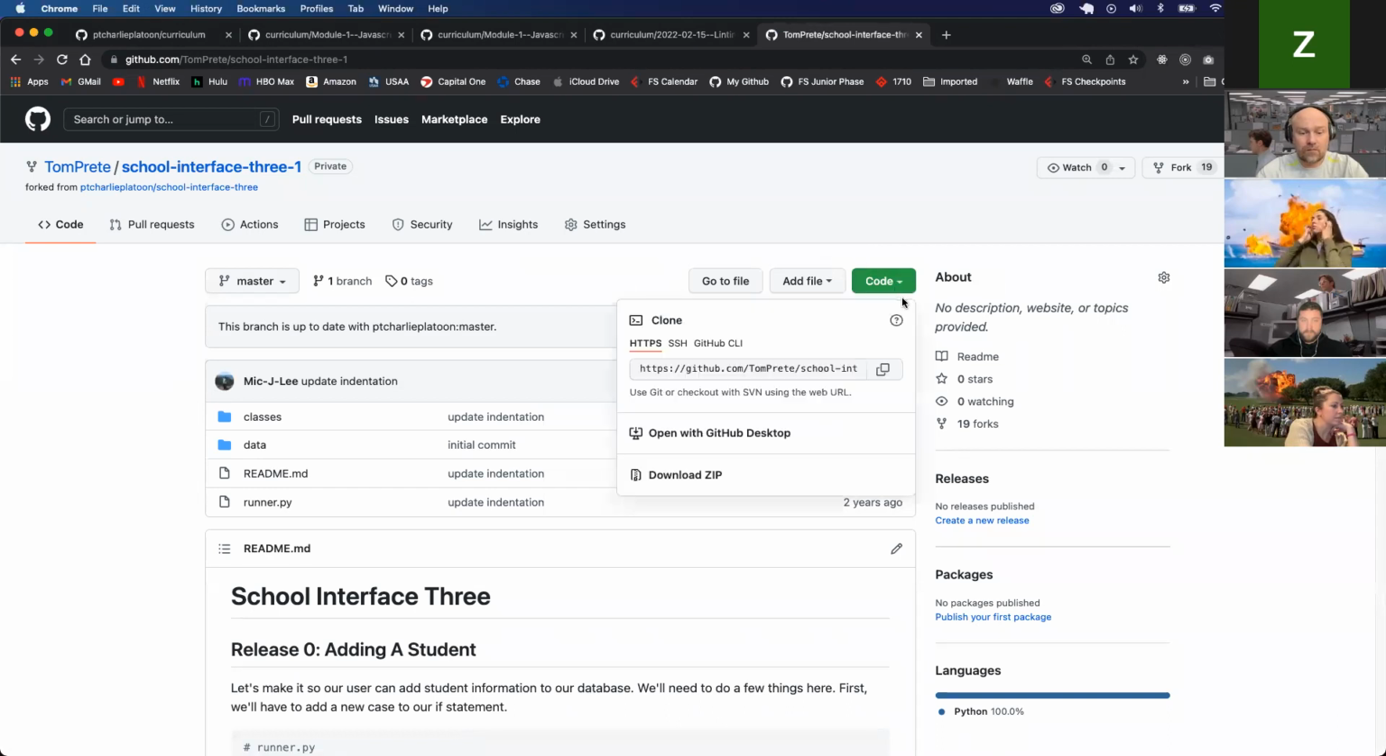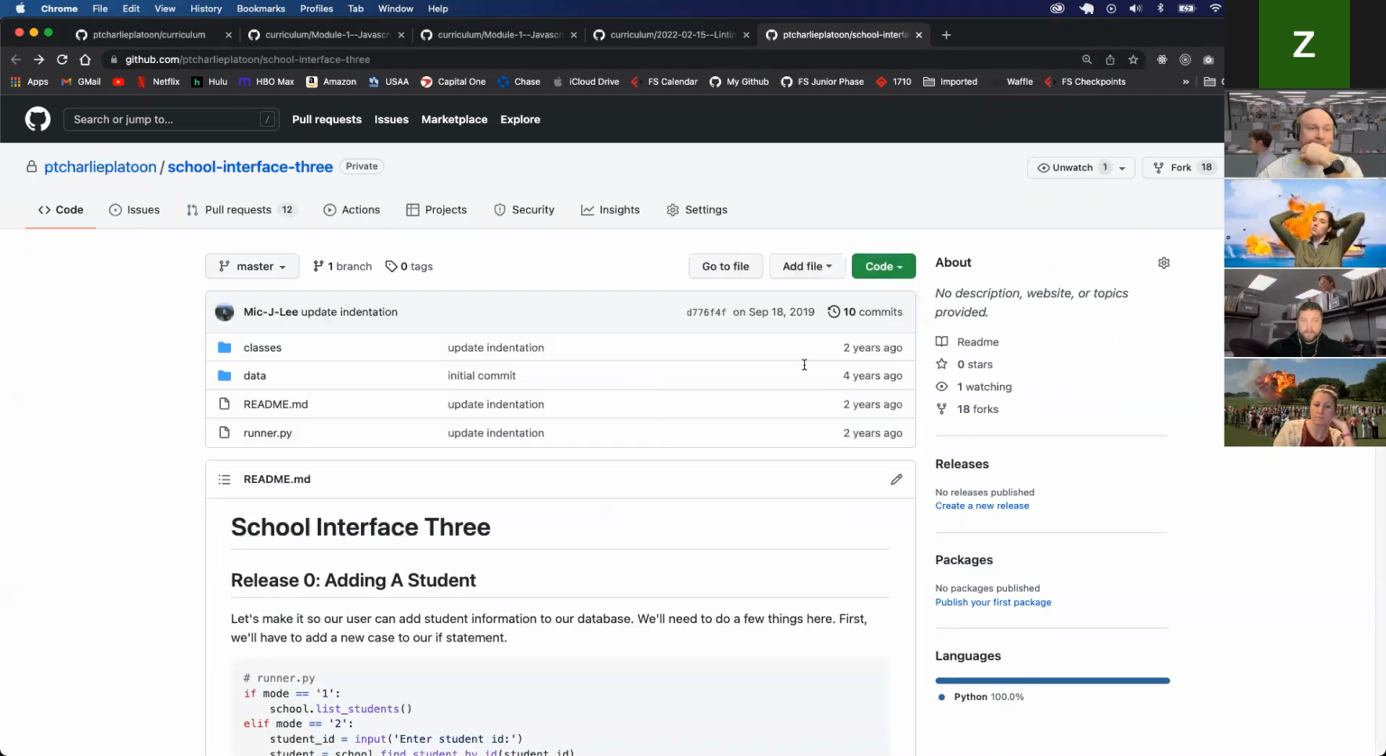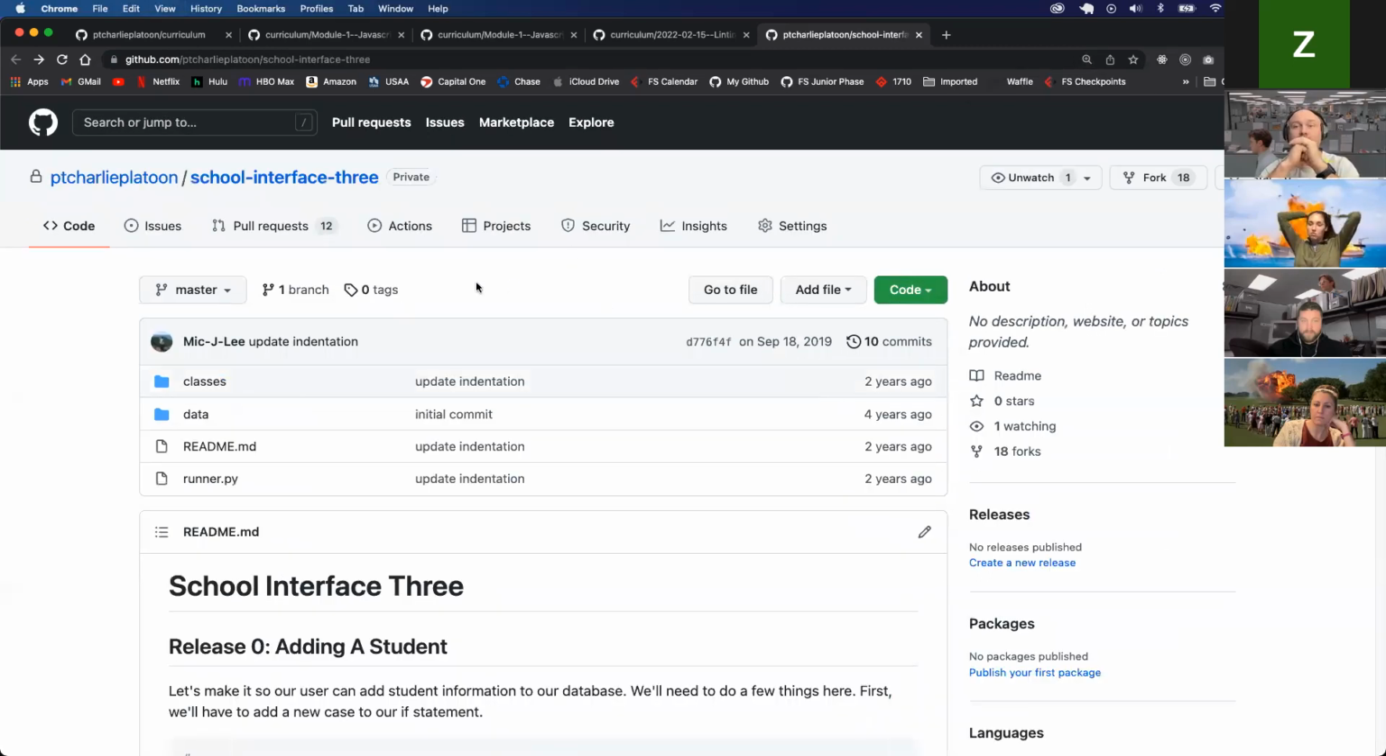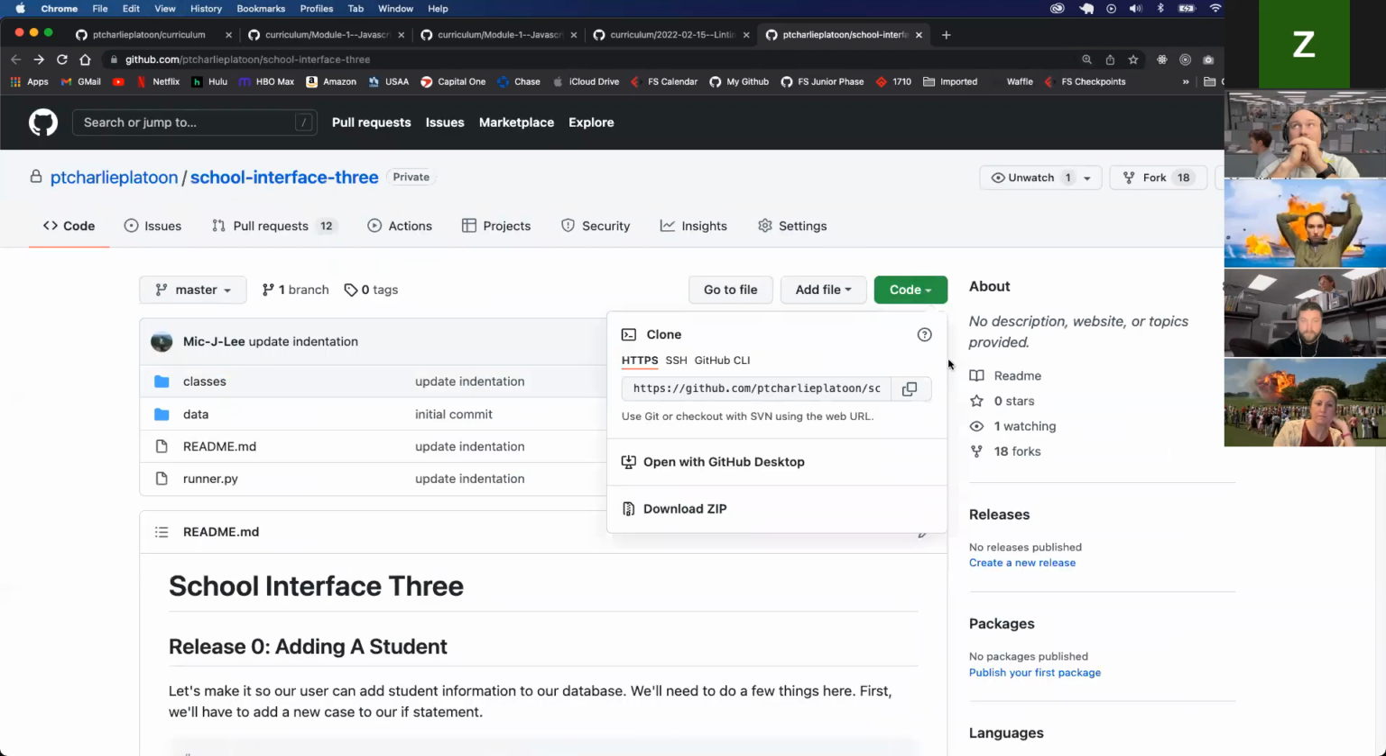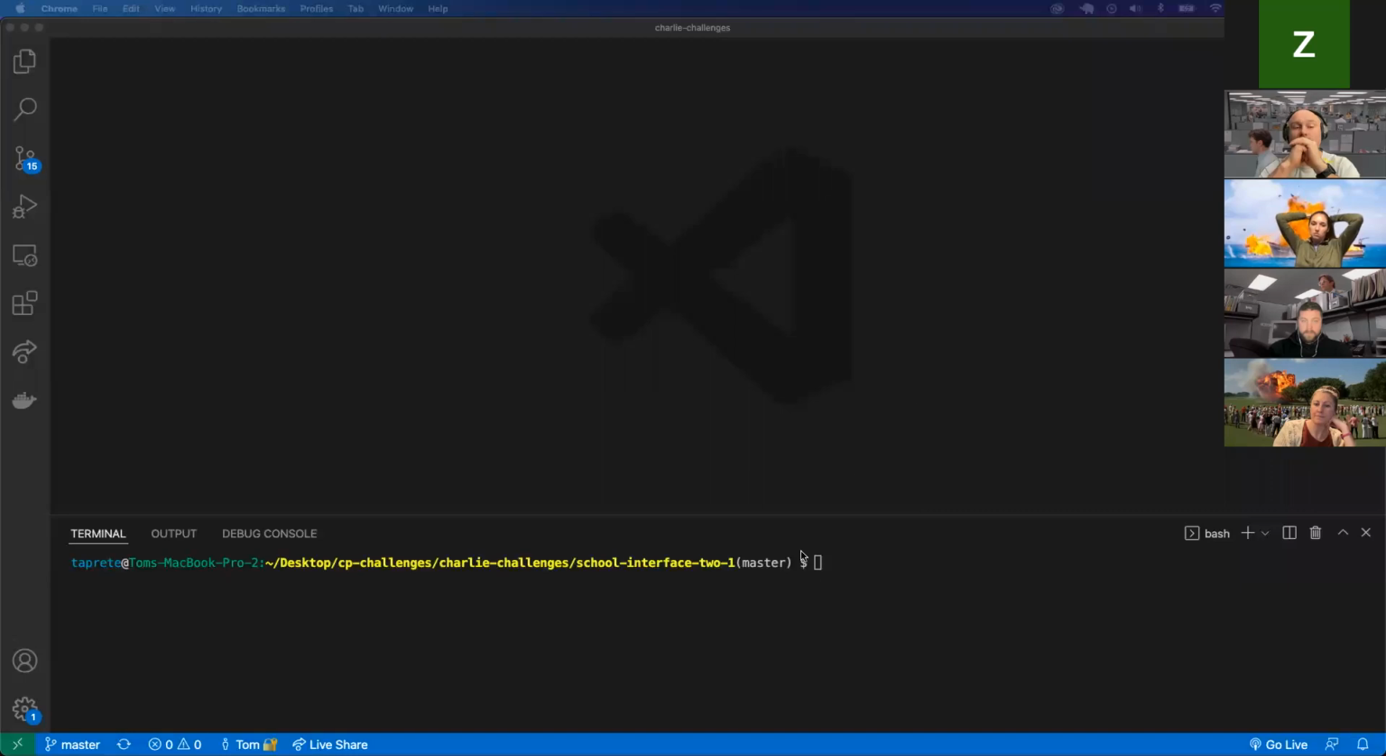So I go to the green code button, click the clipboard, or just copy that. Or you can pretty much just copy, what did I just do? All right. Clipboard, go back to